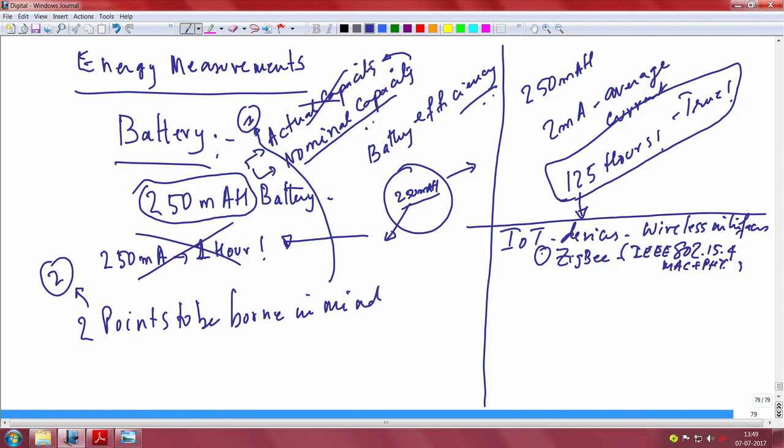It is also called the 15.4. Then you can have other technologies such as Wi-Fi, right. Then you can have BLE and so on, Bluetooth low energy and so on and so forth. You can have several different types. These are all mostly from the access perspective, but if you are looking at wide area low power, we did